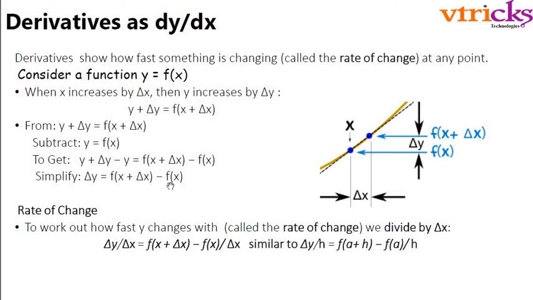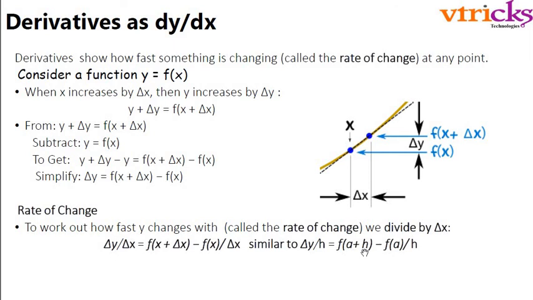Now when we talk of a rate of change, we want to see how fast y changes when x changes by a quantity delta x. So to get this rate of change, we divide delta y by delta x, and when we divide by delta x on both sides, we get f of x plus delta x minus f of x by delta x on the right hand side. Now if you look at it, this expression looks very similar to the expression on the previous slide,